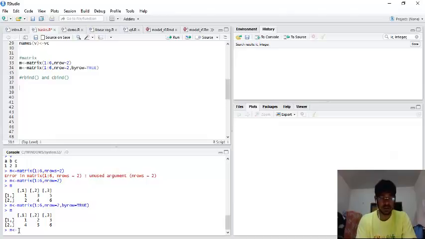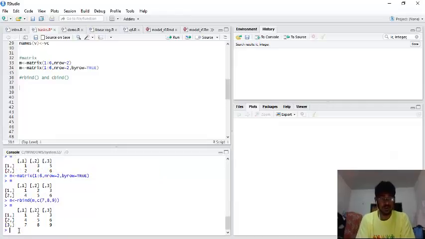So if we write m is equal to rbind of m, comma, 7 8 9, it would add a row to the already existing matrix m. Since I added a vector 7 8 9, that is 1D array, to the matrix m,